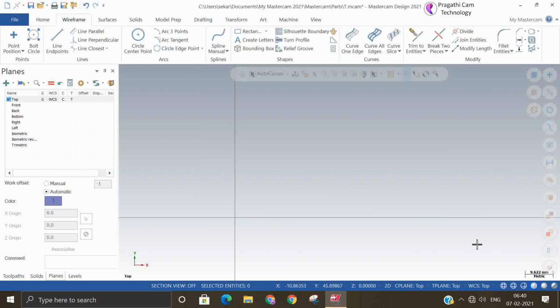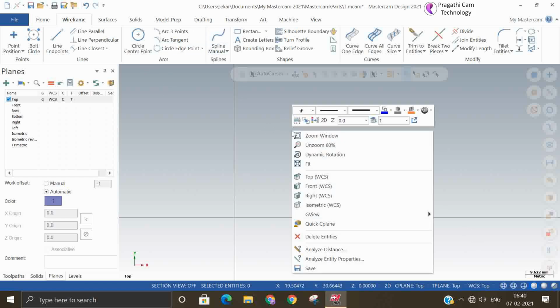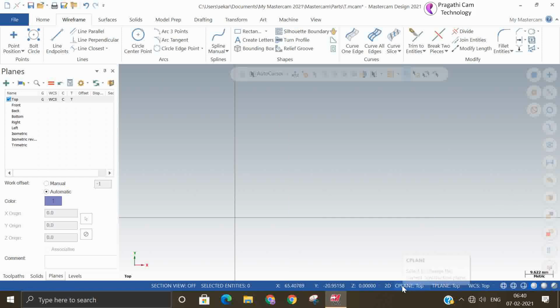So this project option mostly, you can project over the surface. You can project over the curve. So even project over a distance. So for that we'll make one small example. We'll go to front view and we'll make one spline here.